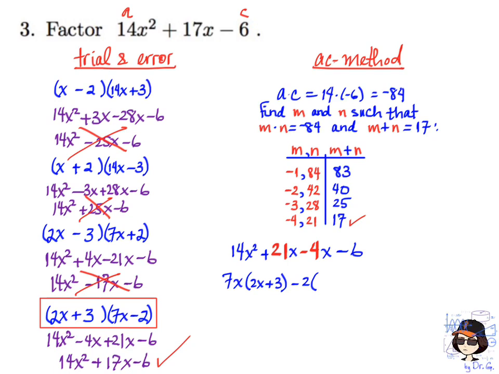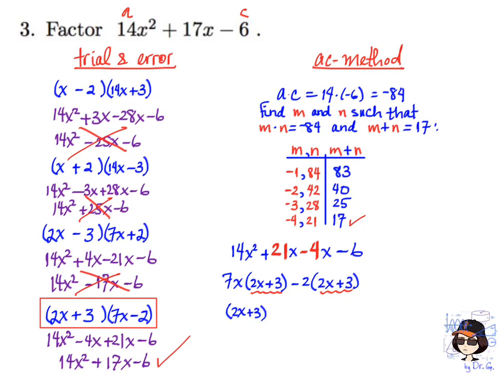And what am I left with in the first term? So negative 4x divided by negative 2 leaves us with a positive 2x. And then negative 6 divided by negative 2 leaves us with a positive 3. Now, what's great about this is we notice that both terms have a 2x plus 3. So that is our GCF from these 2 terms. So if we factor a 2x plus 3